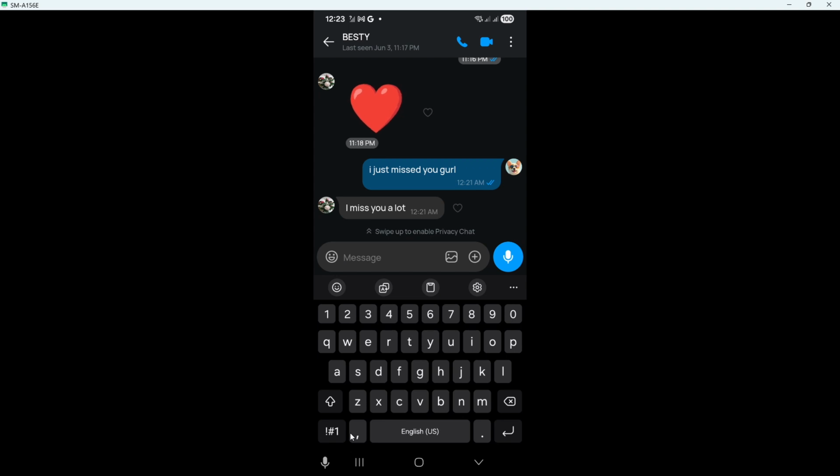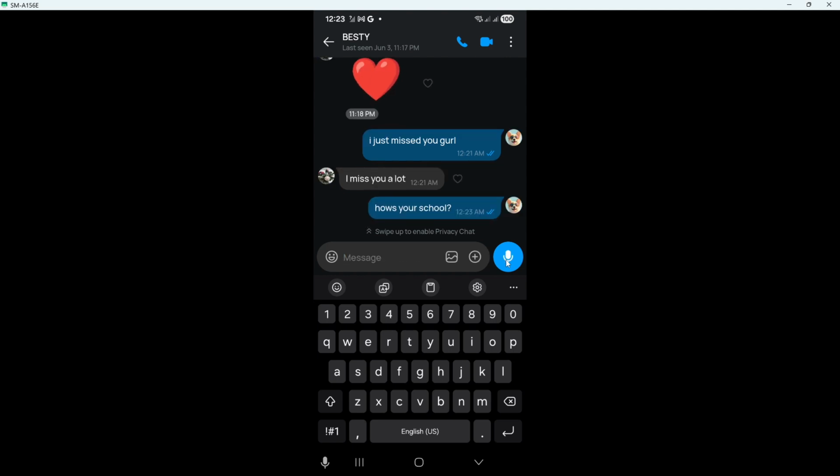Next, tap either Chats or Contacts, depending on what you want to use. If you recently talked to the person, the chat section is usually the fastest option because it shows your recent conversations. If you want to start a message with someone from your saved list, the contacts section can help you find them. After that, select the person you want to message. Tap on their name or conversation to open the chat window.